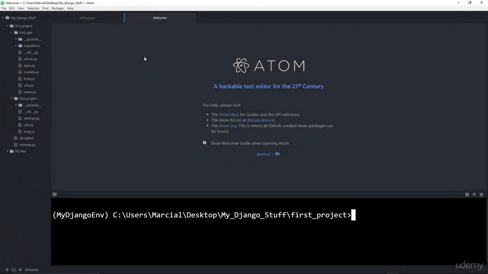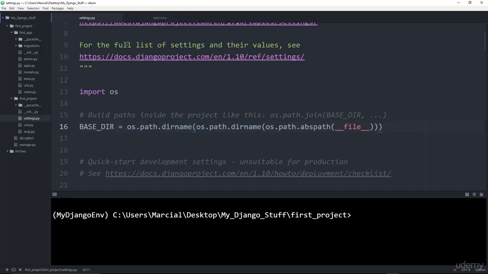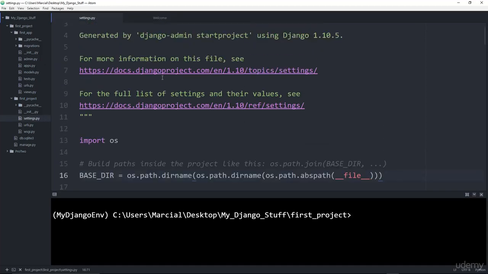Alright, here I am back at the Atom text editor. Now before we get started actually creating our templates, what I want to do is quickly talk again about those dynamic paths, using Python's OS module to actually generate dynamic paths so you don't have to worry about giving this file to a computer that's on another operating system. What we can do here is under first project, open up our settings.py file. And you'll notice that actually at the top,